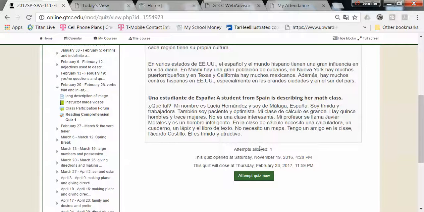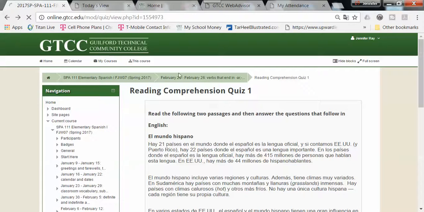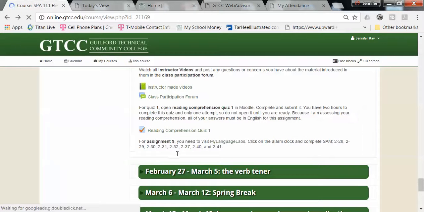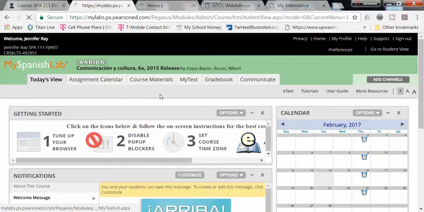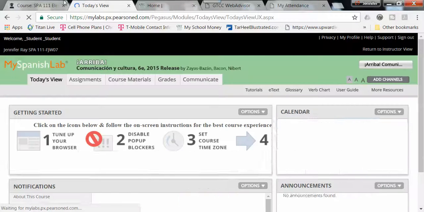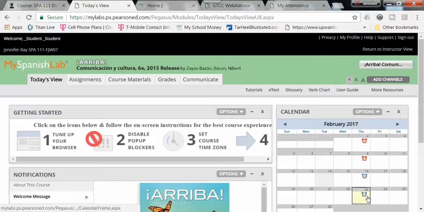So after you're done and you've submitted the quiz, you also have assignment 9, for which you need to go out to my language labs and complete the following SAM activities in chapter 2. So if we go out here to the SAM, you can click the button. It'll take you straight to SAM. You click on